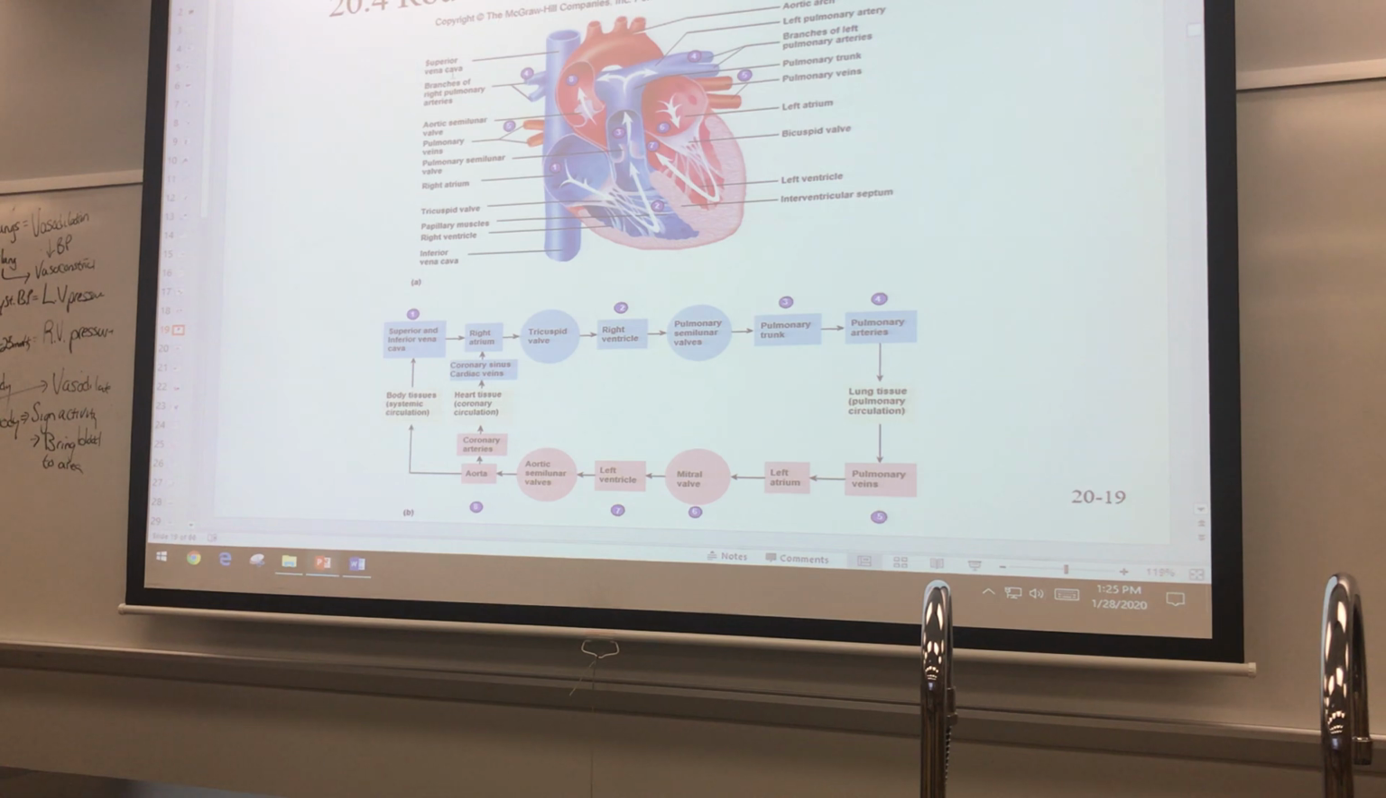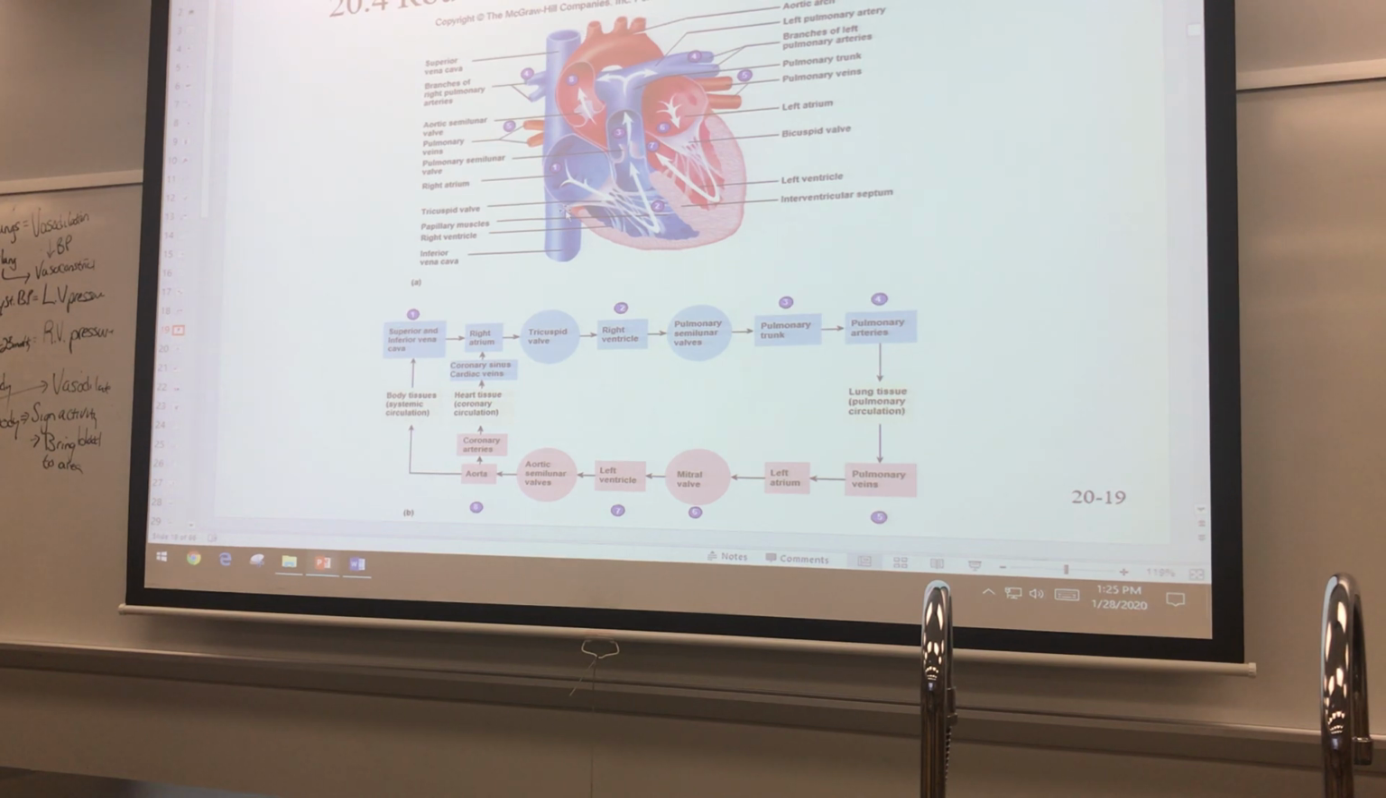Now, let's think about this and then we'll stop talking about the physiology here. This is the route of blood flow through the heart. When you take a look at this, number 1 and number 5 happen at the same time. Here it looks like it goes in sequence. Blood has to go from the